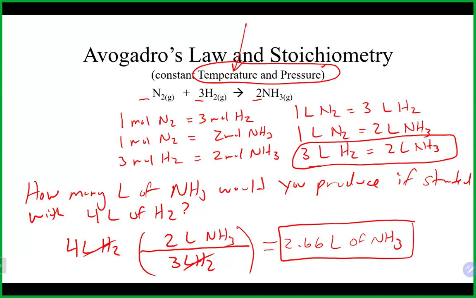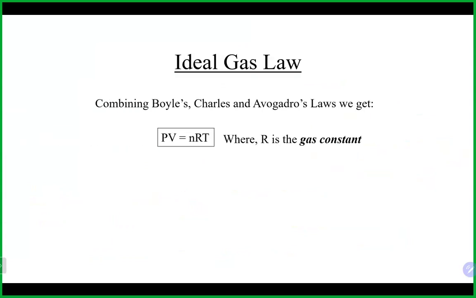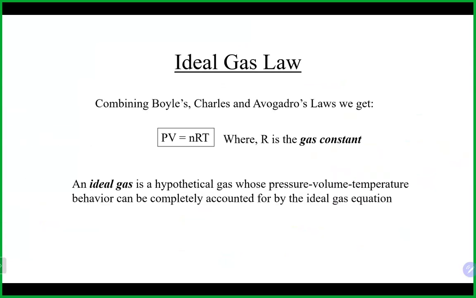All right, so obviously, as I mentioned as well, you could just use Avogadro's law like a normal gas law and just plug into there. So taking together all those gas laws, Avogadro's law, Boyle's law, Charles' law, and putting them together gives us the big gas law of the season here, which is PV equals nRT, known as the ideal gas law. And the ideal gas law is a little different than all the gas laws we've just seen.